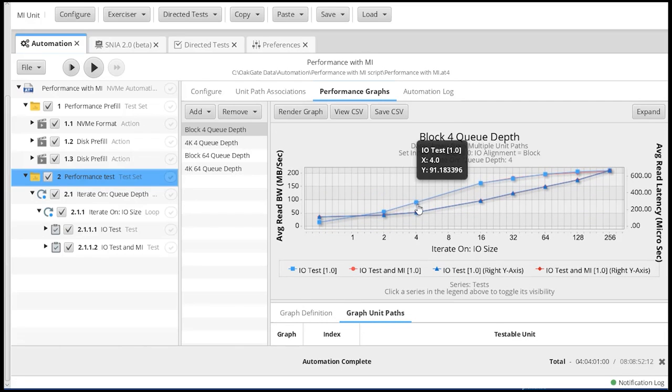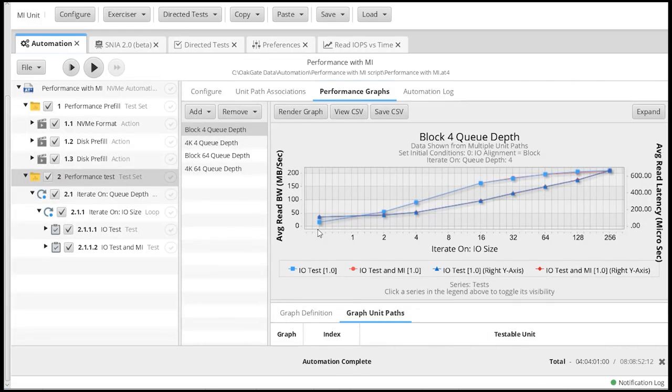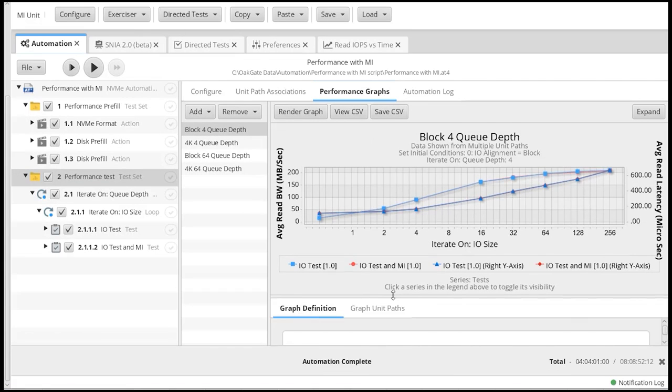The other thing you can do is click on this, and this will give me read IOPS versus time. Or if I want something different, again, I can go back and reset those and take a look at what I got in that particular tab. So, I'm going to go back to my automation tab on my graph definition.